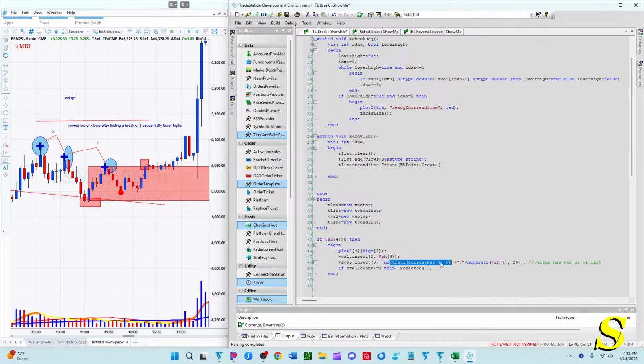It will be as a string, so we need to convert it to a number. So we'll do string to number of what? T-list, token list of 0. And then we're going to do the high